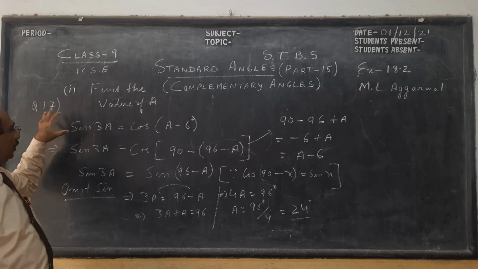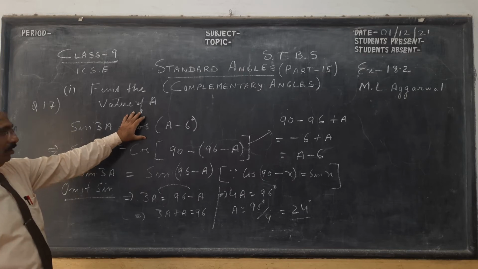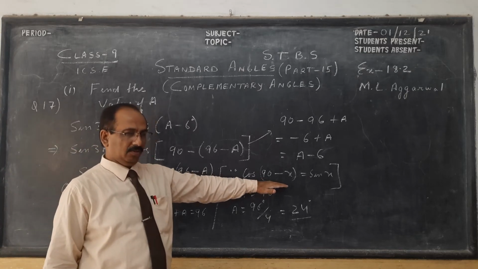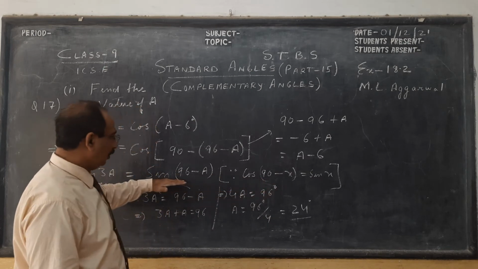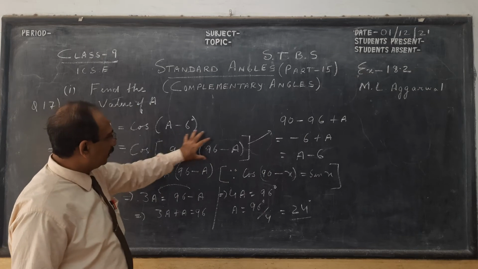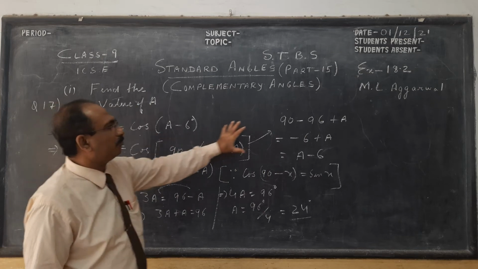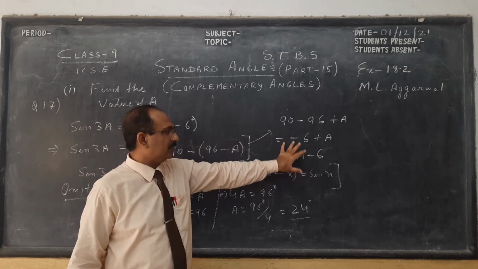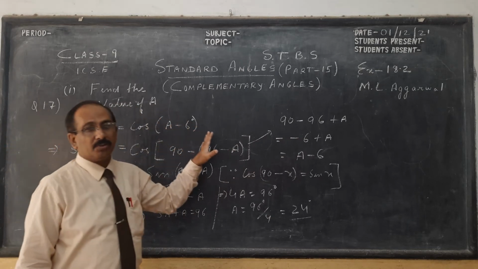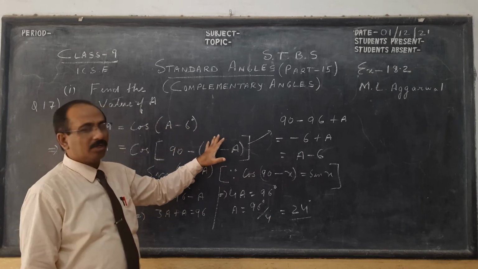Once more, sine and this side is cos. Cos, if we want to convert to sine, we have to bring it to this format in complementary angle. Cos(90 minus x) is sine x. So we write cos(90 minus this). This is the most important part, so please try to understand this. I'll do part 3 also. Part 1 I have done. Part 2 you try to do. Okay, very similar. We'll do 1 or 2 more questions.